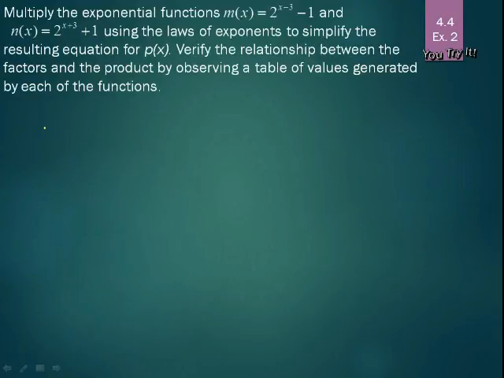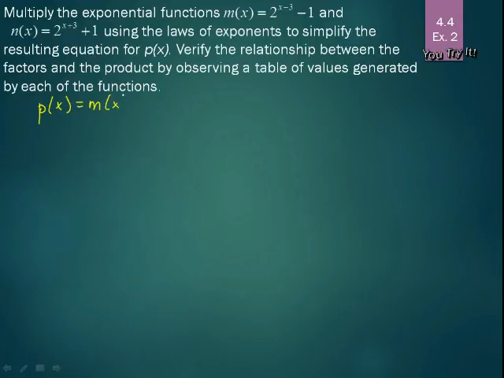Multiply the exponential functions m of x equals 2 to the x minus 3 minus 1 and n of x equals 2 to the x plus 3 plus 1, using the laws of exponents to simplify the resulting equation for p of x. Verify the relationship between the factors and the product by observing a table of values generated by each of the functions. Okay, so to find p of x,